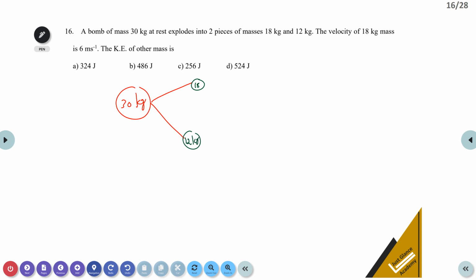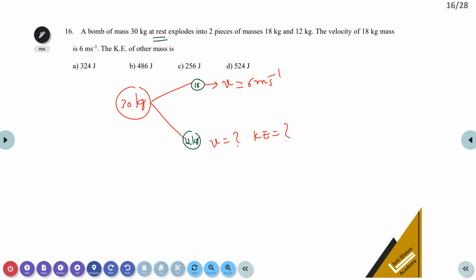The velocity of the 18 kilogram mass is 6 meter per second. Then what is the velocity of the other fragment? You have to find it. Next, you have to find the kinetic energy. Okay, fine. Students,